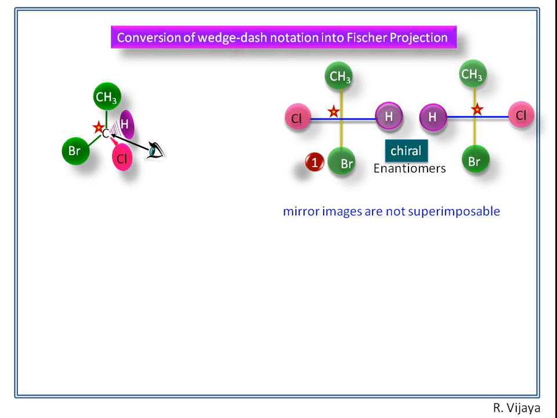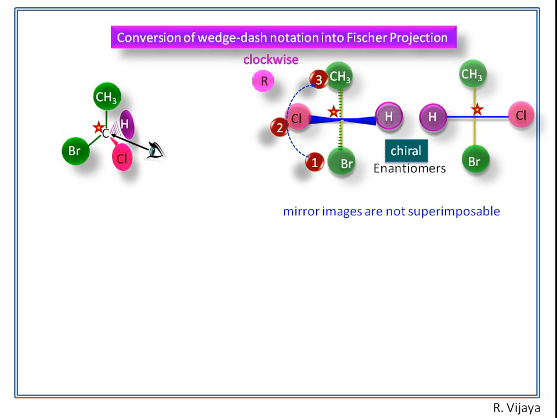Now we assign the RS configuration. Bromine, having the higher atomic number, has higher priority than chlorine, then carbon. The higher priorities rotate in clockwise direction, so it is supposed to be R configuration, but it is not, because the least priority is towards the observer. Usually the least priority is supposed to be backward to the observer, or otherwise we have to interchange the position of the least priority by rotating the atom or molecule.